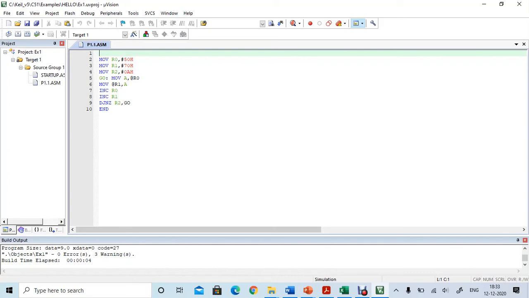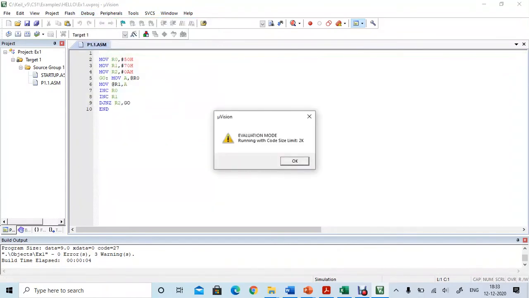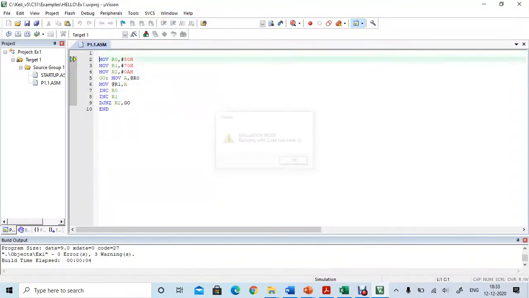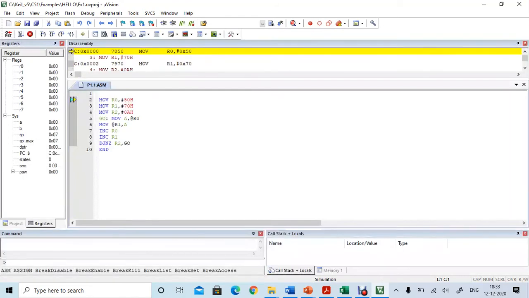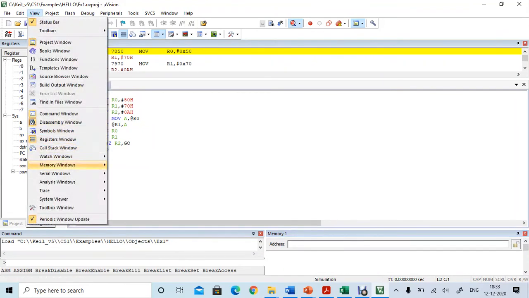Next we have to go to debug and click on start stop debug session. Here we will be giving the input and checking the output. Input has to be uploaded to the address locations. So we have to go to view and click on the memory window.